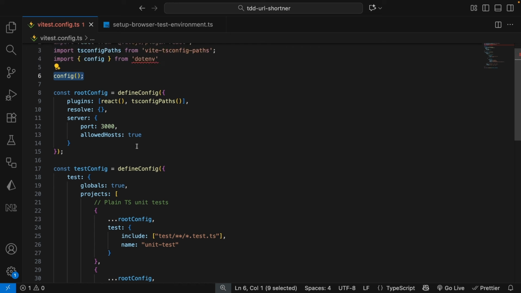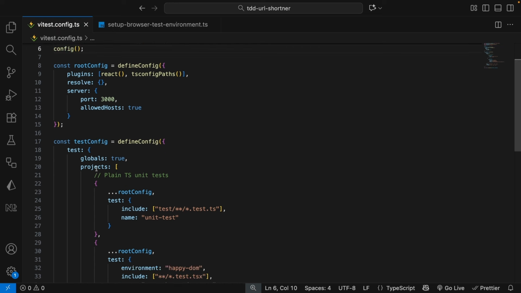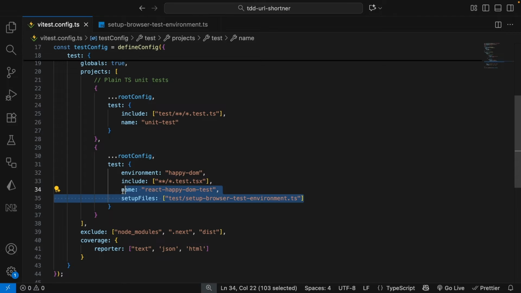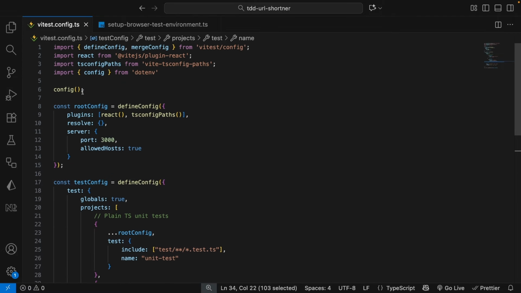Now we can also set this up if we don't want this to be here. We can have this in our setup files, but now this is just making sure that this is available for all the test projects that we have here by defining this config. You can also pass some extra configurations like